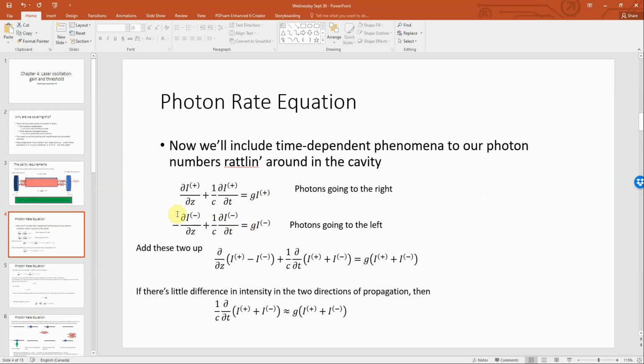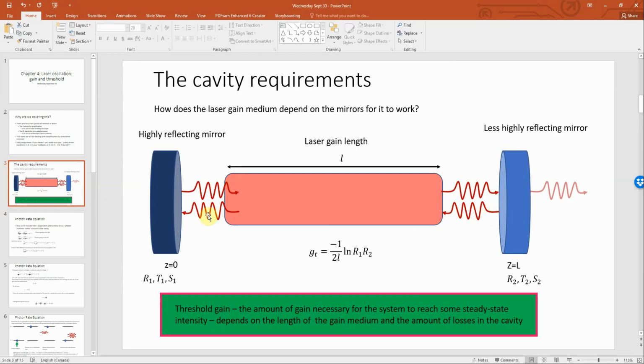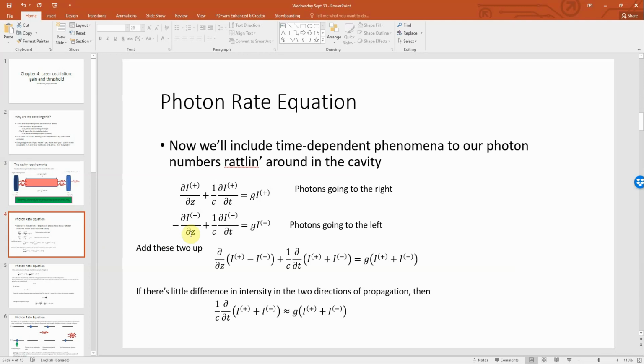And then we'll have the same thing for the number of photons going to the left, but in the first term, because this is with respect to space, and these photons are traveling to the left, we get a minus sign because we have a minus z, but then everything else looks the same. So if we sum these two up, we sum all the photons that are traveling to the right and all the photons that are traveling to the left,